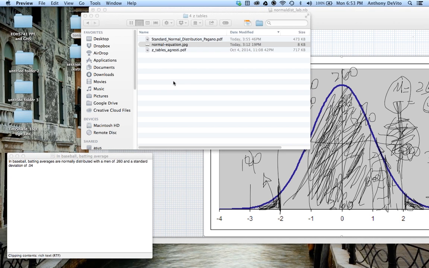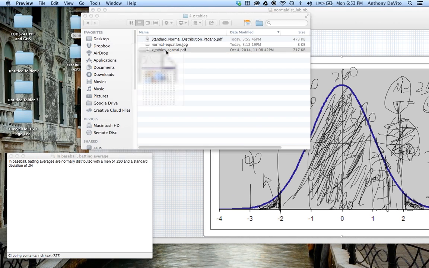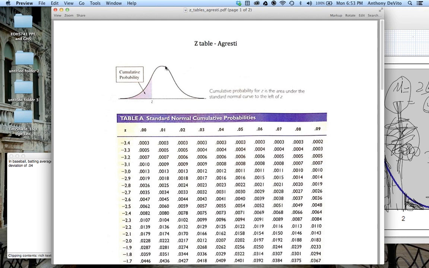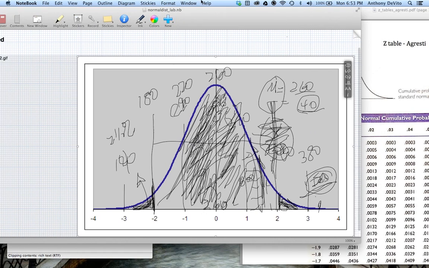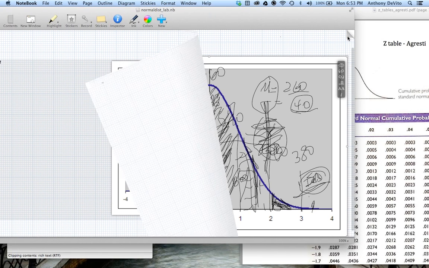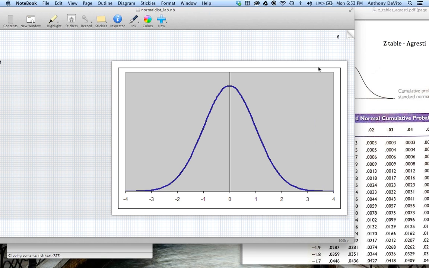Problem is, it's a complicated formula. It's not really practical for us to use it for every value. So what happens instead is that they've developed a table which represents something called the standard normal distribution. What's the standard normal distribution? Well, we're going to take a nice normal distribution, we'll start from there, and we're going to say this is going to represent all normal distributions. We're going to call it the standard normal distribution.